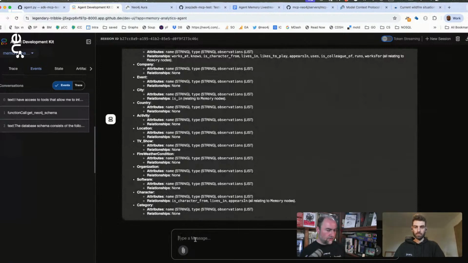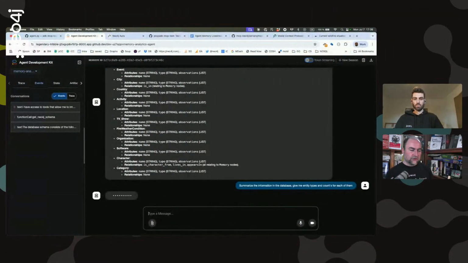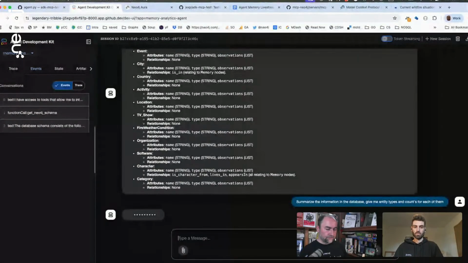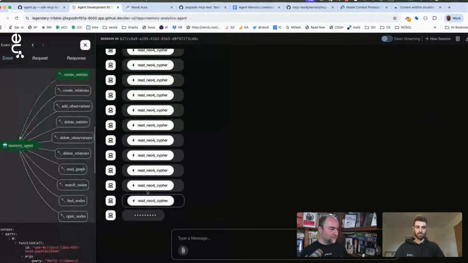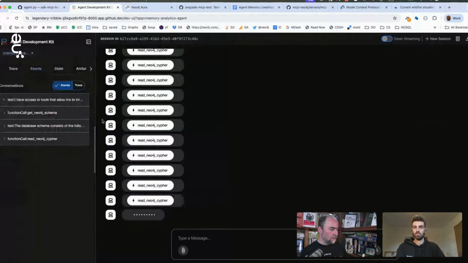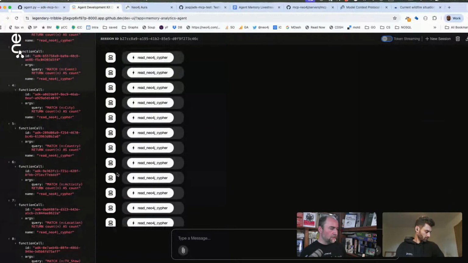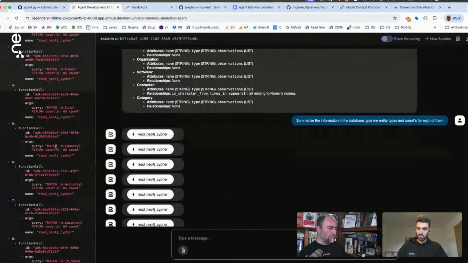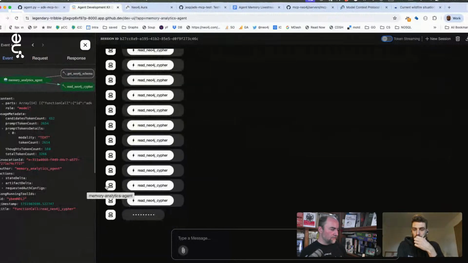And then we can also say, summarize the information in the database, give me entity types and counts for each of them. So now it needs to use the schema to generate on the fly a Cypher query, or multiple Cypher queries, it seems. And it runs these Cypher queries, read Neo4j Cypher. It could be a little bit more efficient, so it could just use all of them. Last time it used a more efficient query,